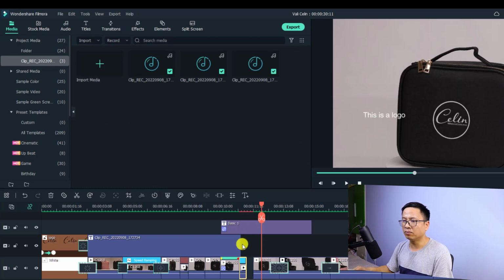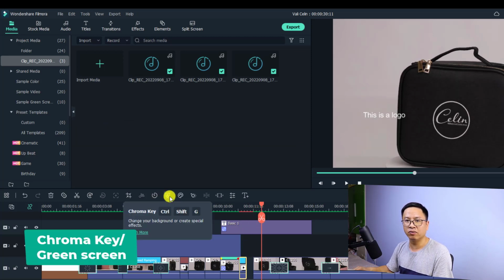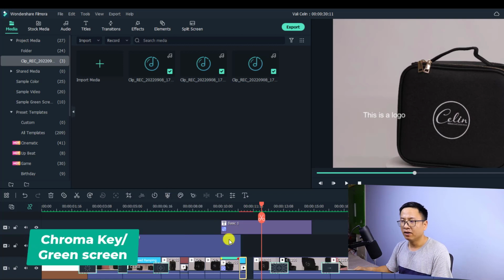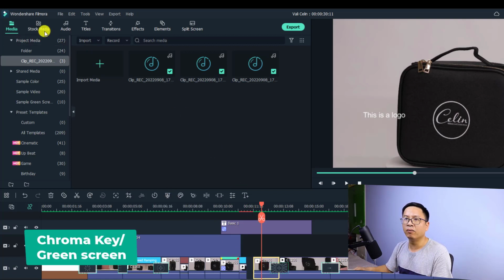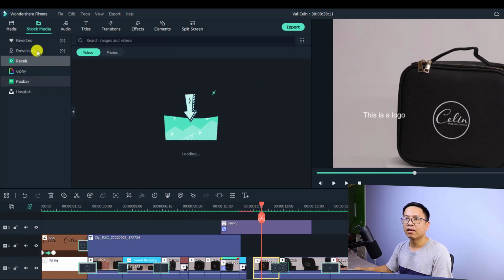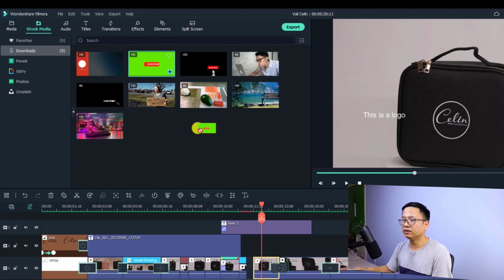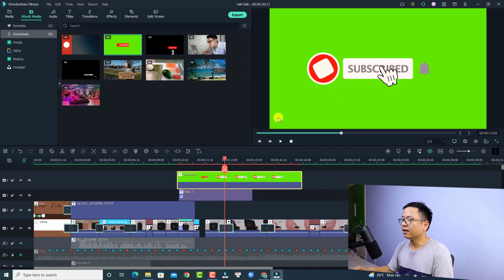And the next option is the green screen option or chroma key button. Okay, for example, we need a green screen. So this is a green screen video, and I want to put it right here. Okay, so it has green screen, and if we want to remove this green background, all we need to do